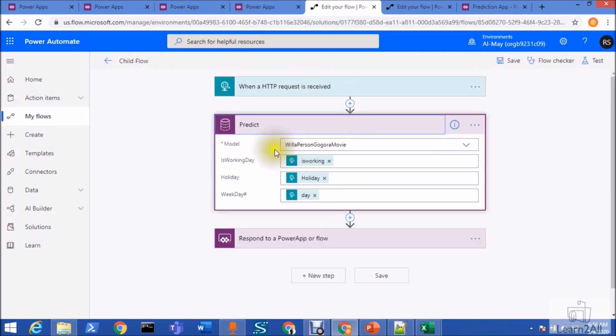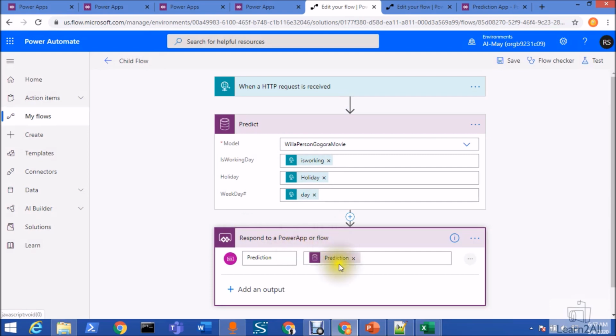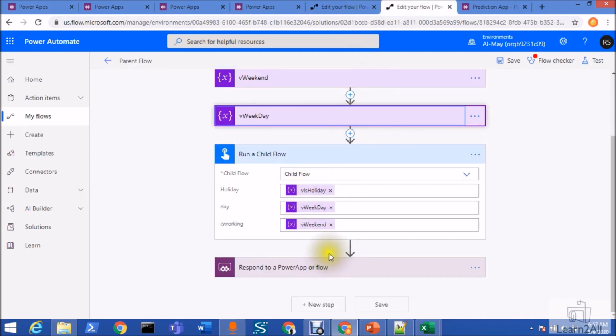Now we would have predict over here, and at last we are sending our response back to the parent flow. So respond to Power Apps or flow, just define any variable and pass this prediction output. All right, so this child flow would be done.